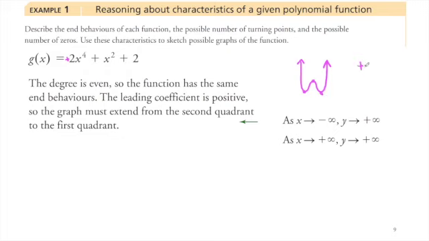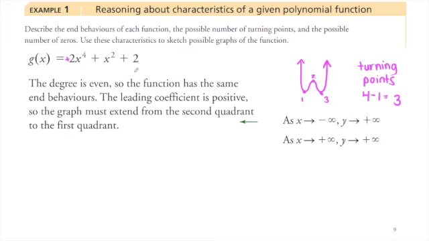Turning points are 4 minus 1, so maximum 3 turning points. So you see the 3 there. Okay, 1, 2, 3. As x approaches negative infinity, y is going to approach positive infinity. And as x approaches positive infinity, y is going to approach positive infinity as well. Okay, then using what I just said, the possible number of turning points would be 3 because it's 4